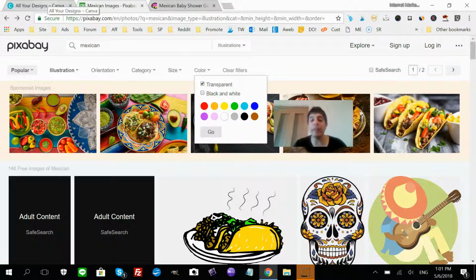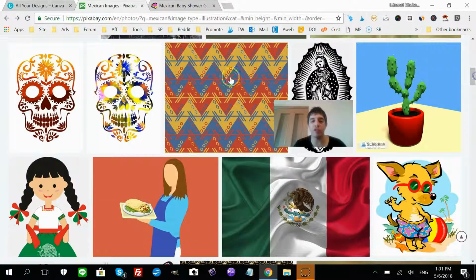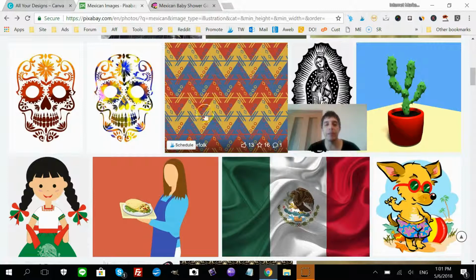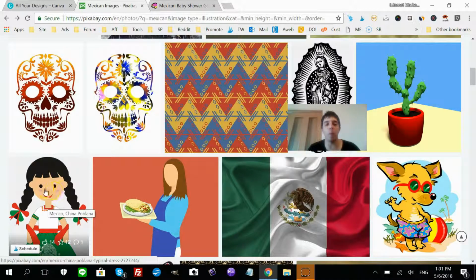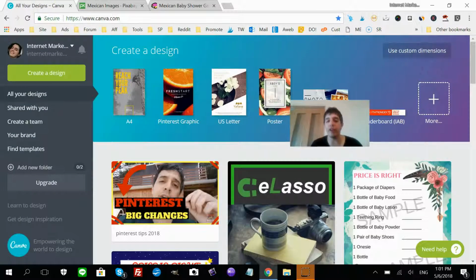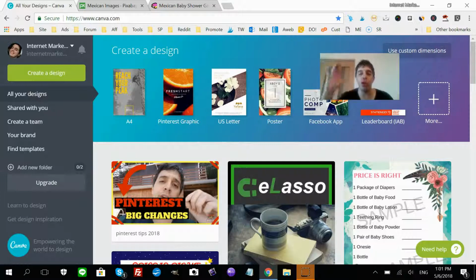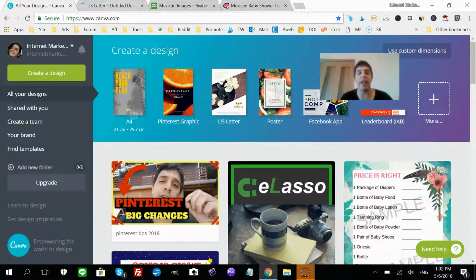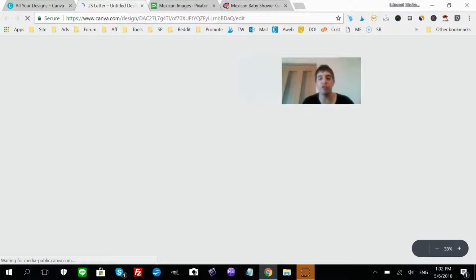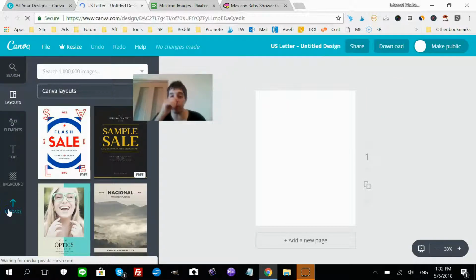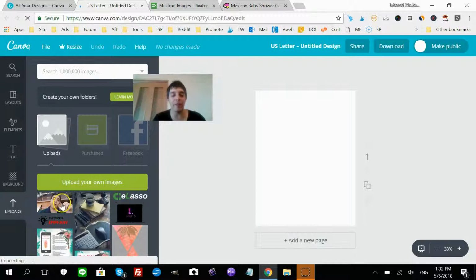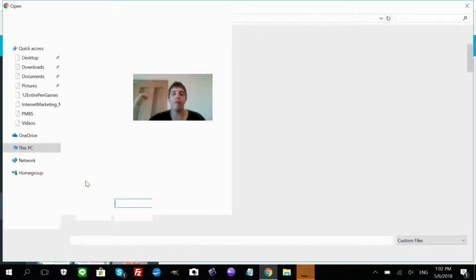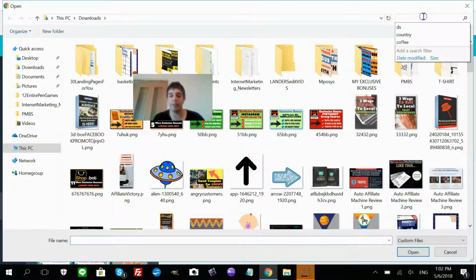And then after you get the images you want, I went ahead and chose this Aztec type background, and this little girl dressed in Mexican garb. Then you go to Canva, another free tool, and you click, for example, US letter size. If you live in the US, it's US letter size. If you live internationally, it's A4. Once you're done doing that, you upload the images you got off of Pixabay. So, Aztec,